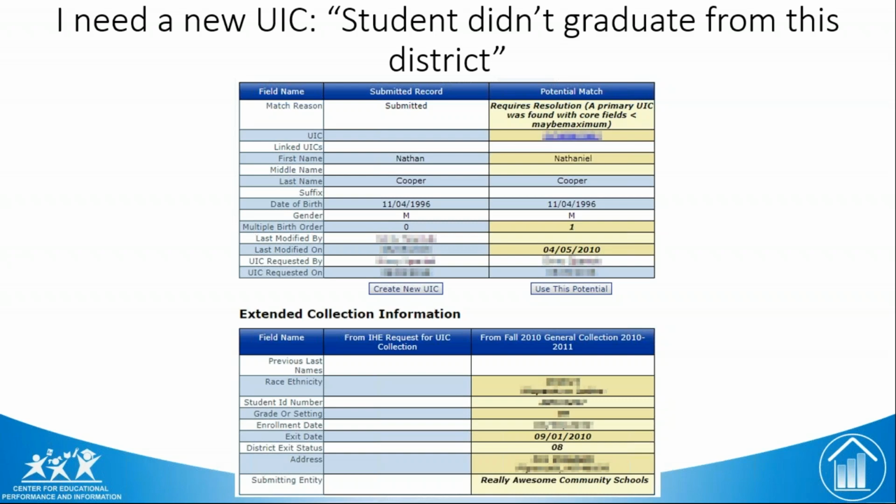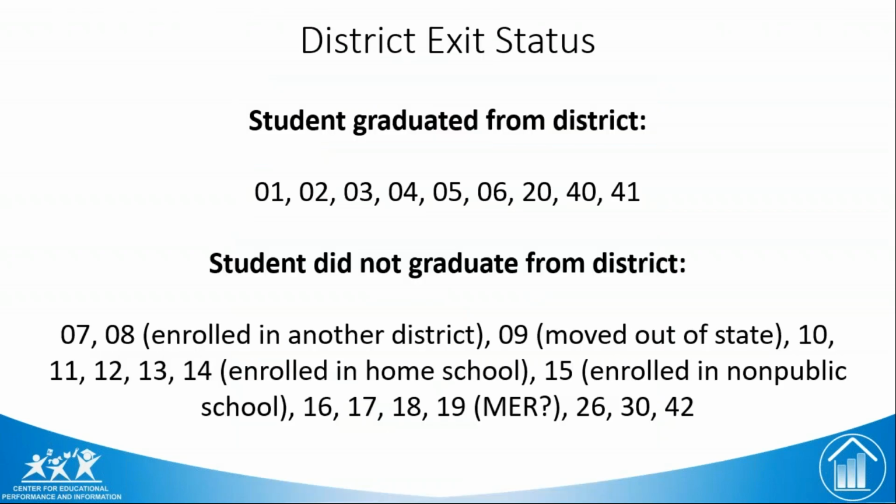So say, for instance, the person that submitted this resolution requesting a new UIC says, hey, it's fine that Nathan was called Nathaniel back in high school, or middle school rather. But this is not the school district that I have the student graduating from. A district exit status of 8 actually means that the student enrolled in another district and they fell off of